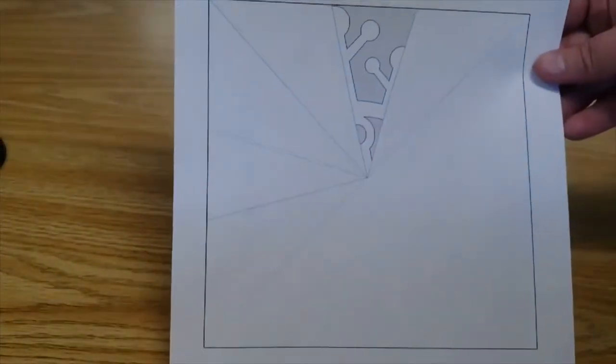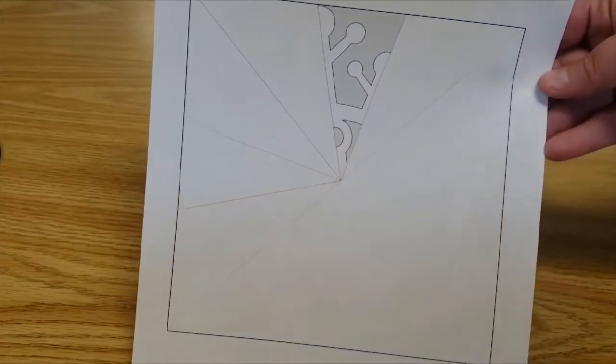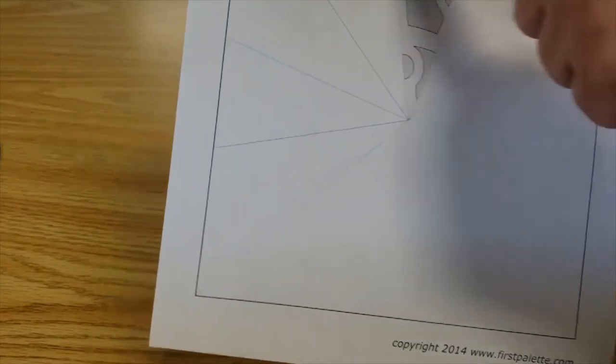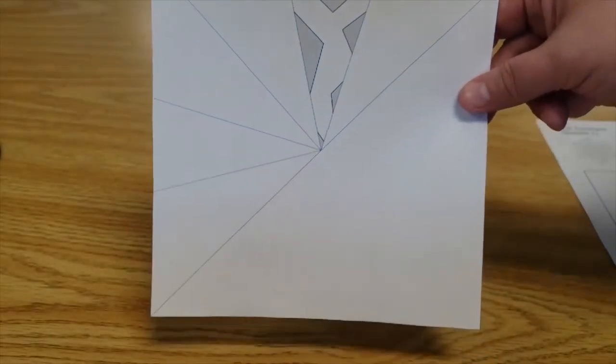Okay, you'll have 12 pages in your package that are the Snowflake template. And what you want to do is cut around the outside of this square. So you end up with that. And once you have the square,